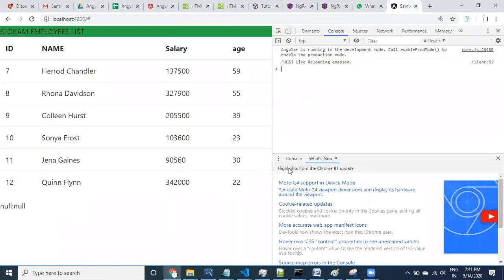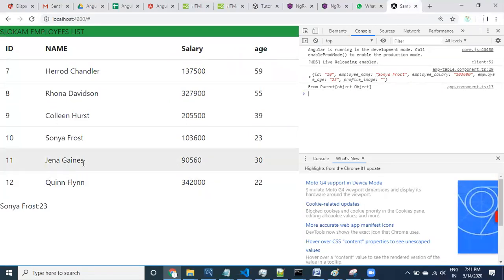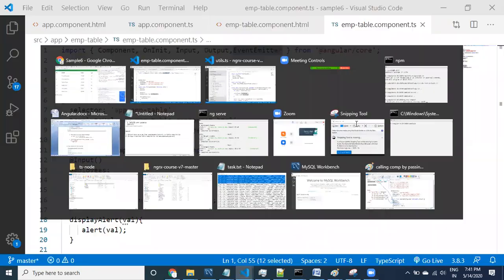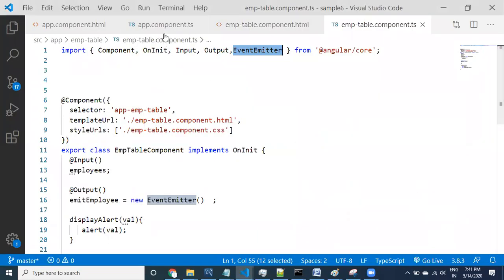Now coming to here, the data got displayed, right? And if I click on this information, let's look at it guys. What happened? From parent object is displayed. Let me show you. From parent, the data is coming.